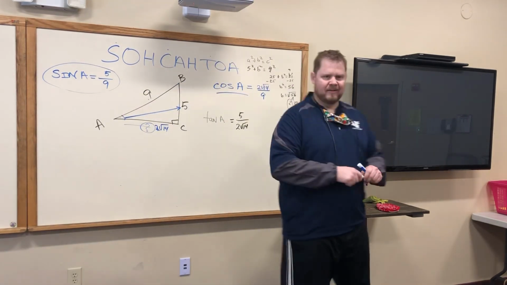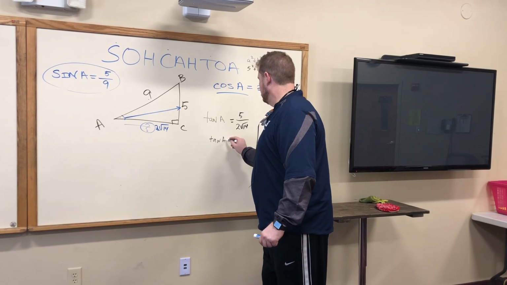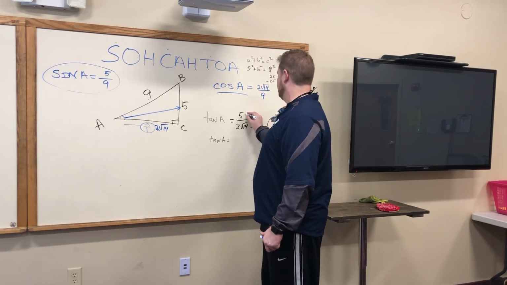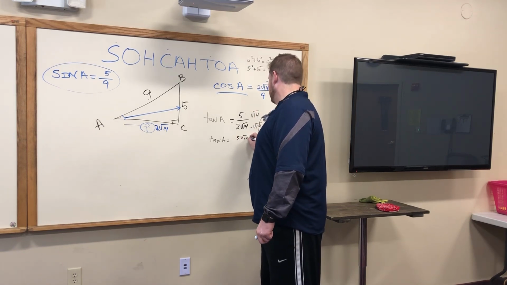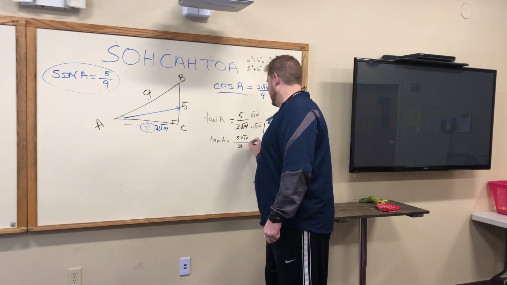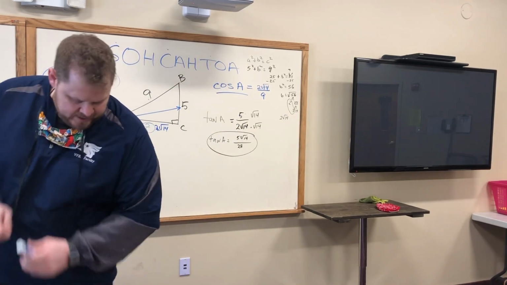So, how do we do that? Here's what we do. Tangent A equals, so we're going to multiply the top and the bottom by the square root of 14. So you're left with 5 square root of 14 over 2 times 14, which is 28. So there's your final answer. In order to be academically correct, you